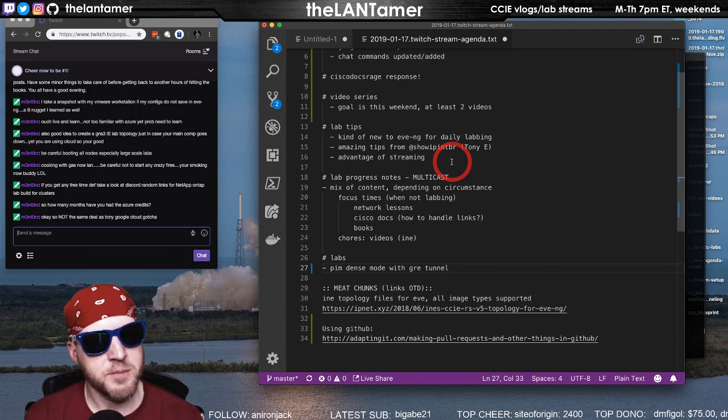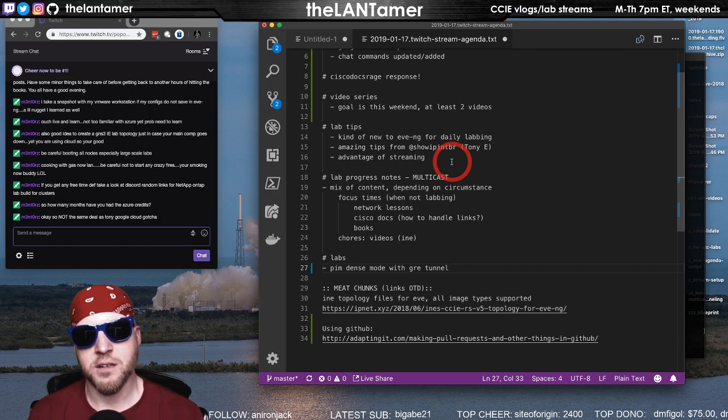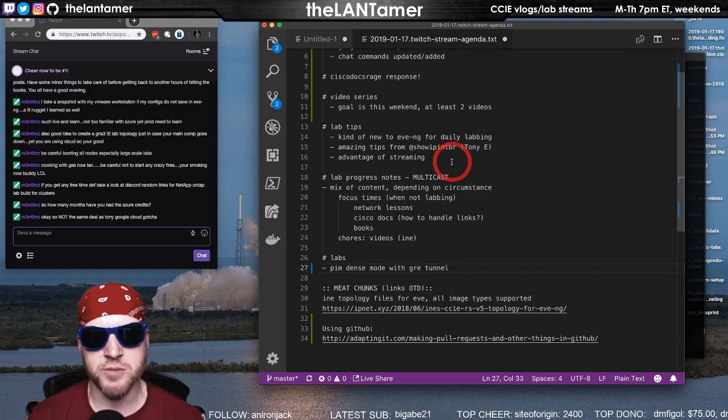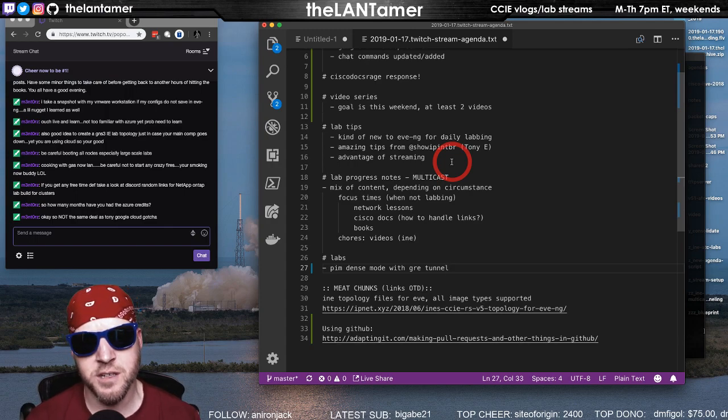No, that is not the same deal as Google Cloud, but Azure does have a similar deal. Just like Amazon gives you some services you can run for free in AWS, so they let you kick the tires, right? Azure does the same thing, but instead of $300, I think they give you $200. So it's less, but